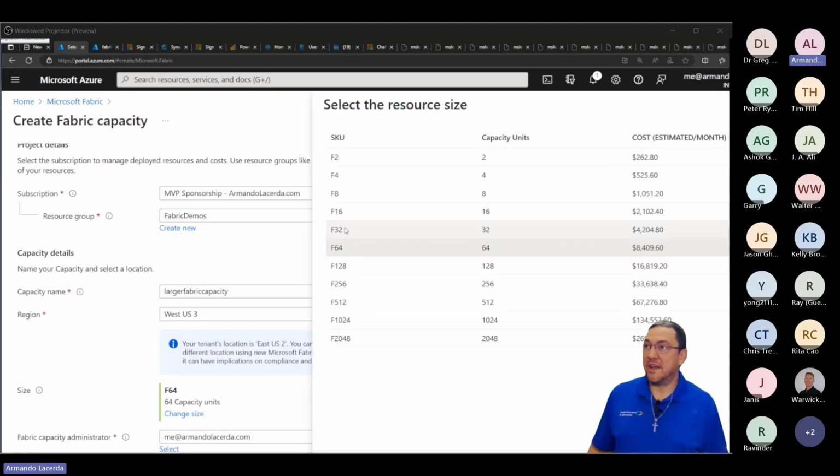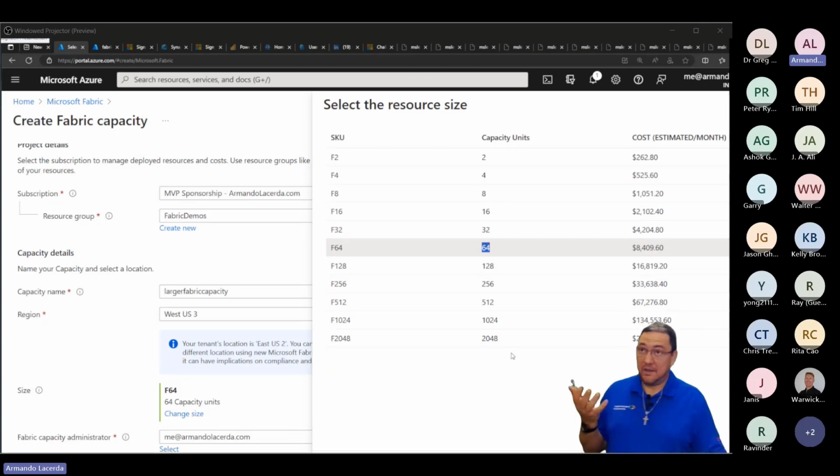In the capacity, see, I had the F8 before. It's what they call in Fabric capacity units. So 8 capacity units, where every 2 capacity units relates to 1 gig core. That's why I have a limit of 4 nodes there in the Spark pool. So this one here would give me 64 capacity units, which means in my Spark pool I would be able to create a Spark pool with up to 32 nodes, 1 driver, 31 workers.